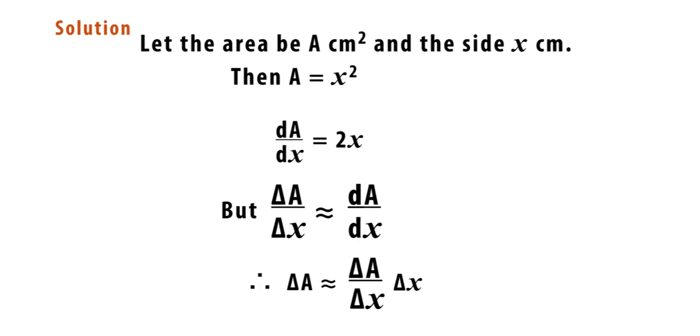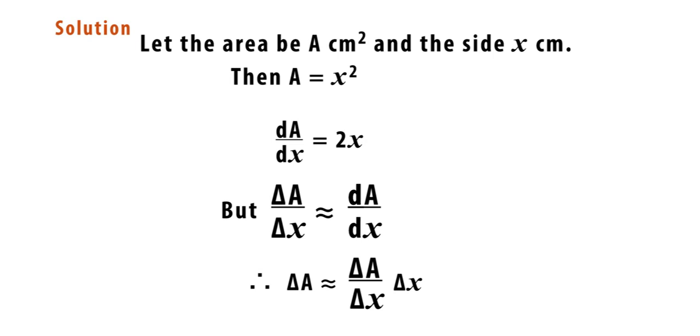Then A, which is the area, becomes x squared. Remember, the area of a square is L squared, and here we are representing L with x. So dA/dx, that is when we differentiate A with respect to x,